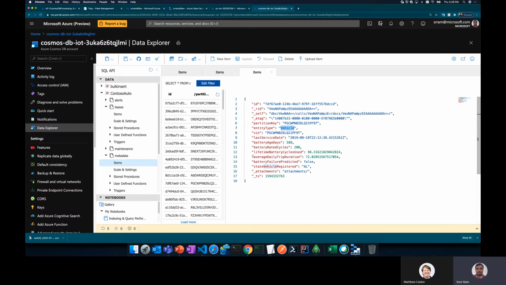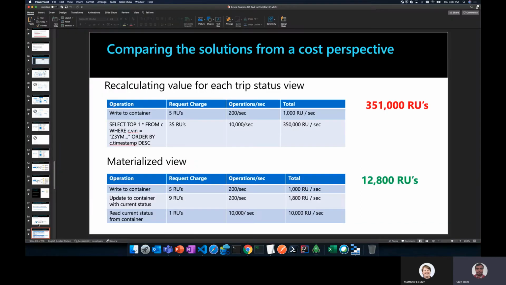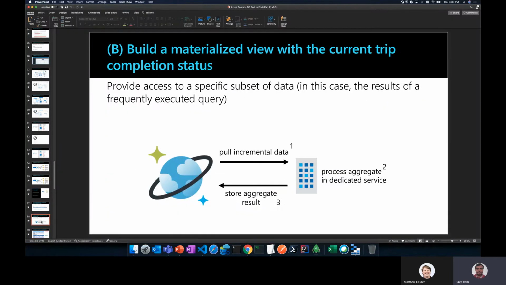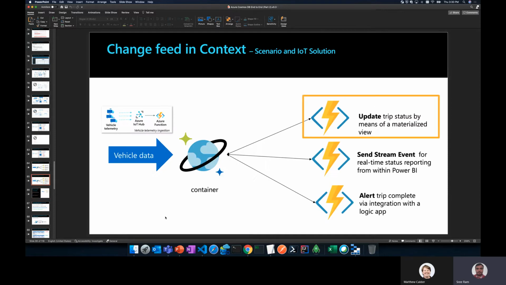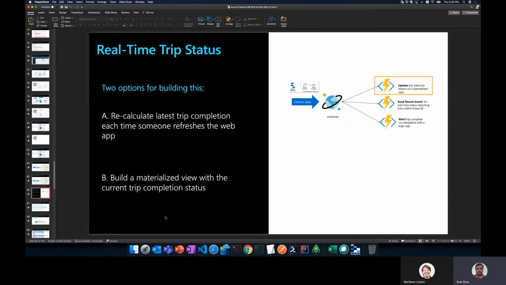So I hope the change feed, especially using it with functions, made sense today. And please remember the delegate. Please remember the trigger. I think those two concepts will drive this message home, right? Also, let's talk a little bit about two very important items before we wrap up today's session.